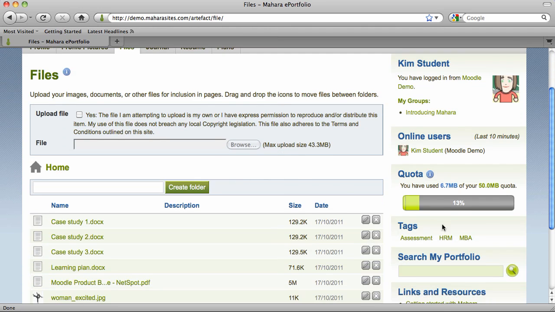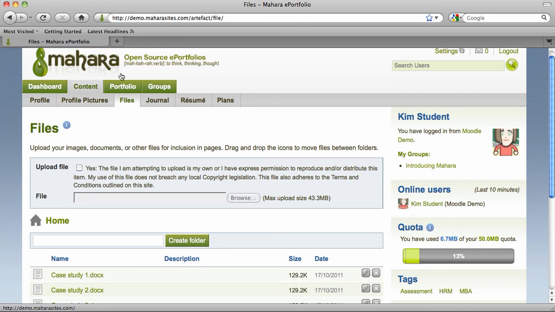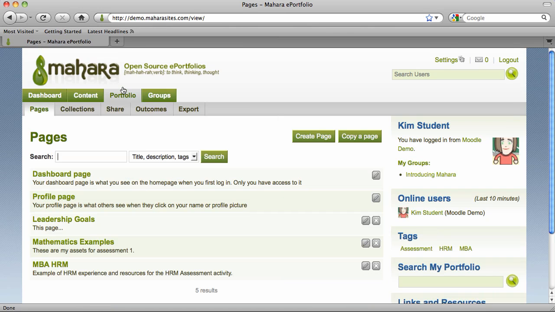You'll also notice on the right hand side that there is a quota. The quota is set by the administrator. This system is set to 50 meg per user, and it shows the user how much of that quota they have used. If we have a look at portfolio,